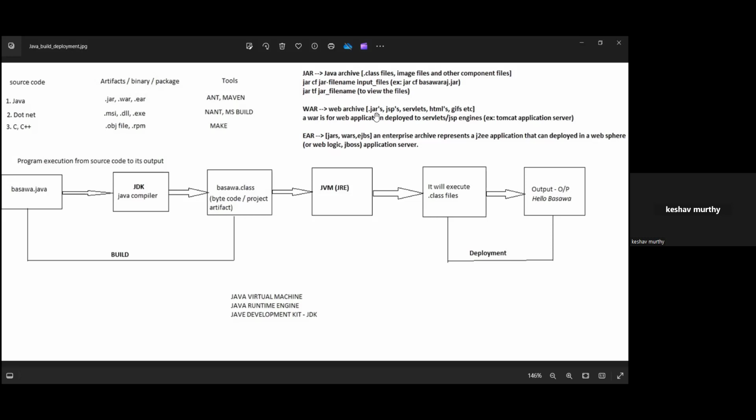And other files also will be generated, like image files, sound files, and other components of your Java. So all these things are bundled into a single jar file as a whole application.